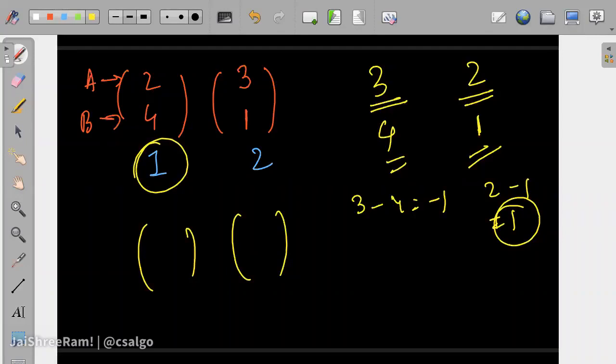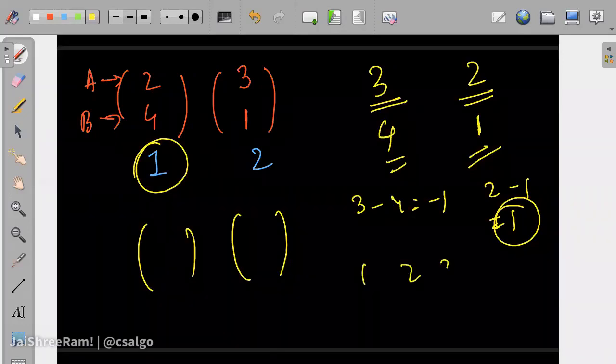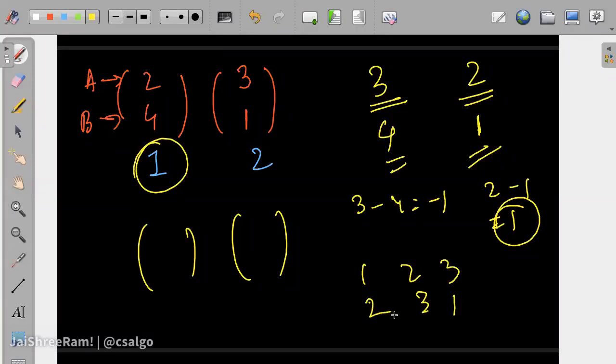Okay, sort in decreasing B, but also increasing A. That might not be possible, right? What if there are 3 elements? I can always design 3 elements, 1, 2, 3, and assign them 2, 3, 1. If you sort it in increasing order of A, it will not be in decreasing order of B. You can always sort by one, you cannot sort by both. There might be elements that conflict.